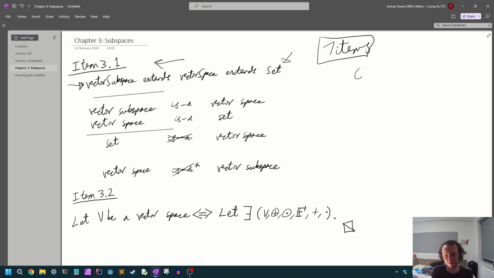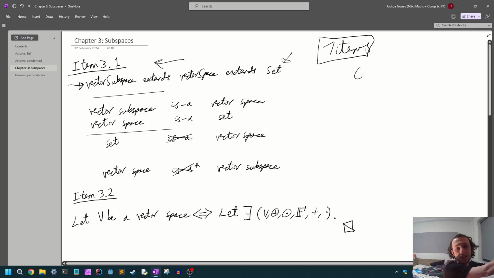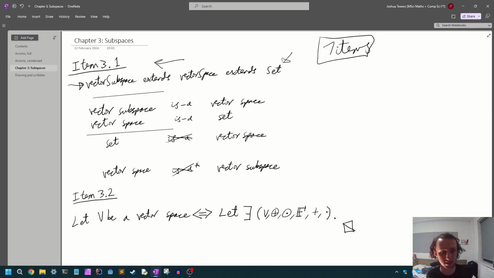I mean, this probably isn't the most helpful example ever, but whenever I think about this, in computer science we call it an is-a relationship. In maths this just kind of gets left on the side implicitly, but I felt it was useful to make it explicit just for this section, because otherwise it can get very confusing what's a vector subspace, a vector space, or a set. One example is,